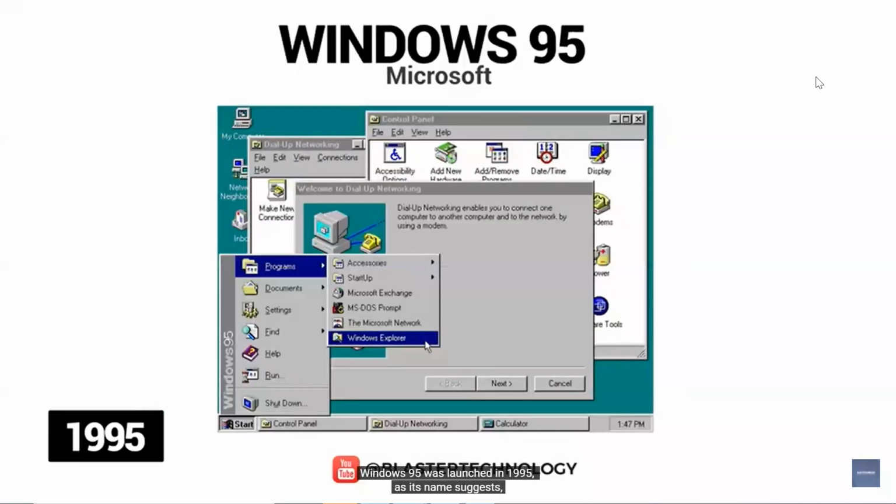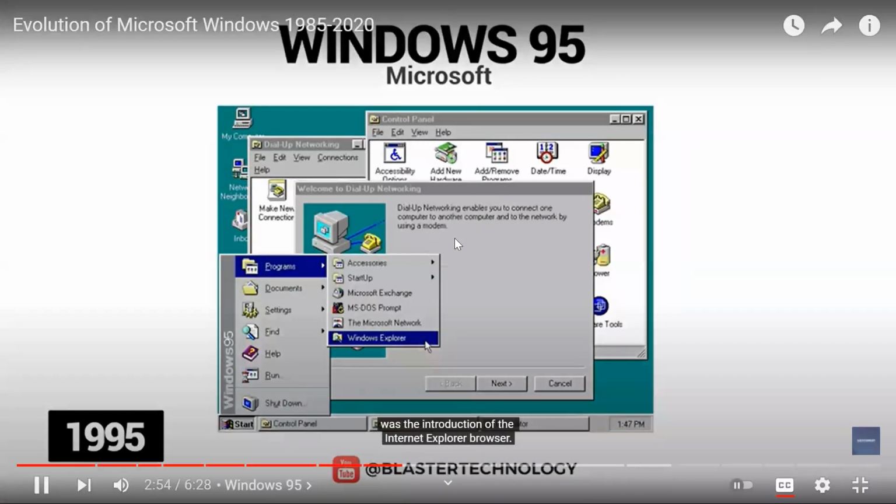Windows 95 was launched in 1995, as its name suggests, representing the most iconic version of Windows. It was the first version of 32-bit Windows, included the Start menu, the taskbar, and the plug-and-play function. Also, another important thing included in Windows 95 was the introduction of the